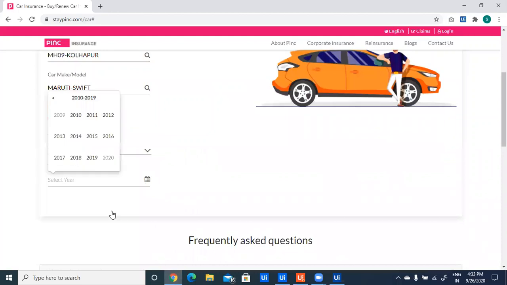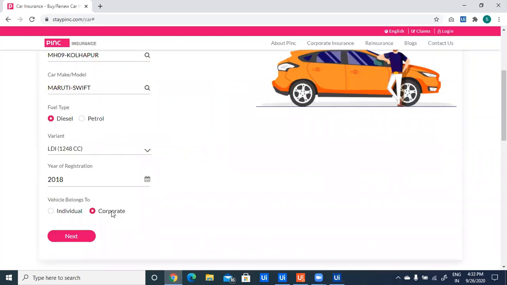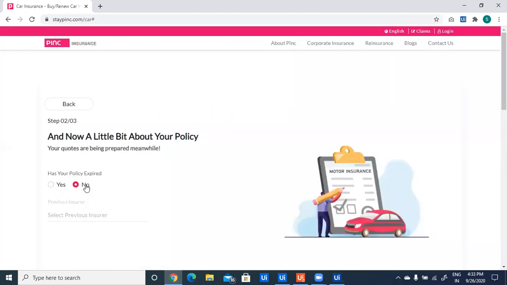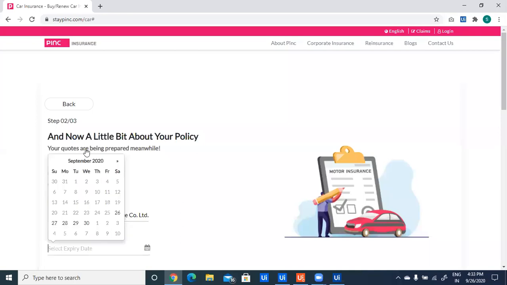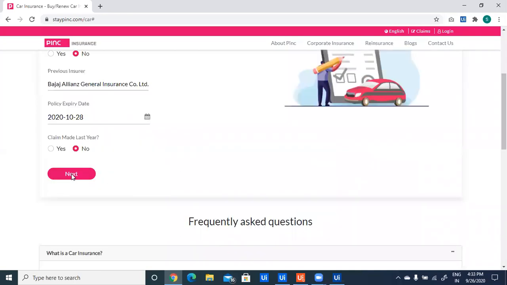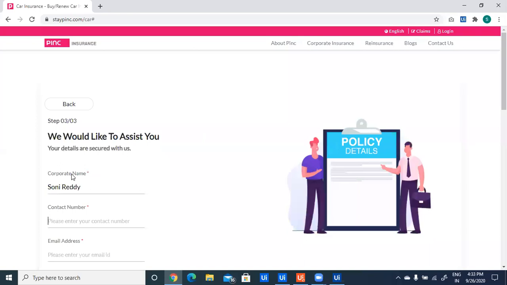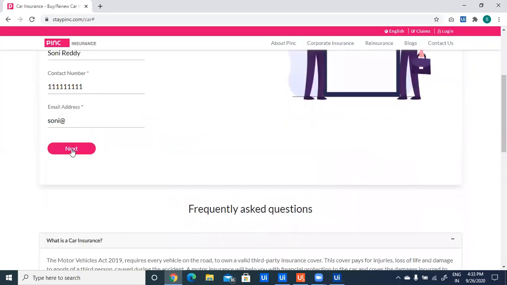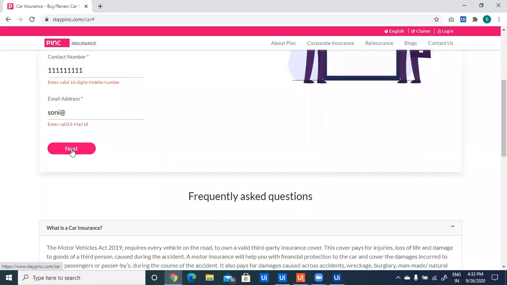Now for registration year we are selecting 2018, and the vehicle belongs to corporate. And it will enter personal details. Here we can see the contact number and email address we are entering are invalid, so it is not navigating to the next page. So our element exist has failed. It will compare my element exist as false with my expected result.